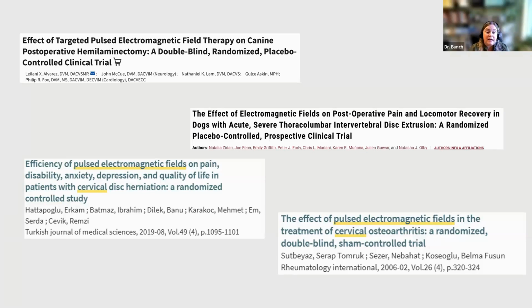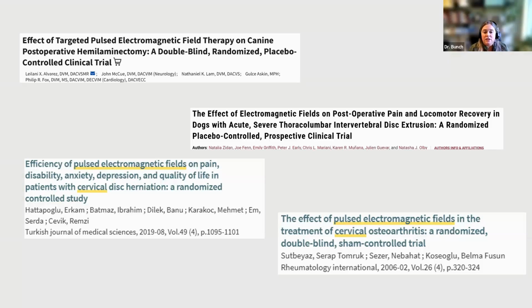So we go to the human side. I actually found several studies looking at using PEMF for cervical problems. This one was looking at PEMF on pain, disability, anxiety, depression, and quality of life in patients with cervical disc herniation. It was a randomized controlled study, and they found that patients using PEMF had a significant improvement in neck pain, disability, depression, anxiety, and quality of life scores compared to before treatment. So they concluded it could be used safely in routine treatment in addition to conventional physical therapy